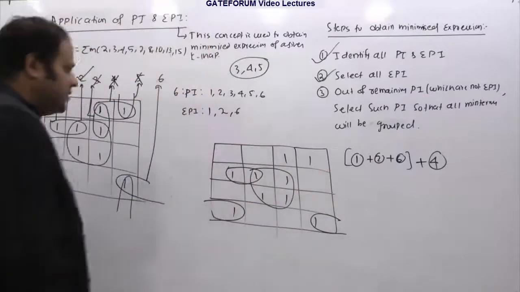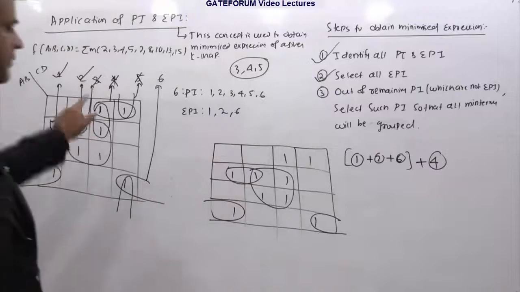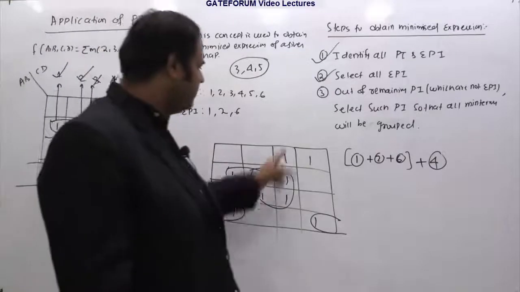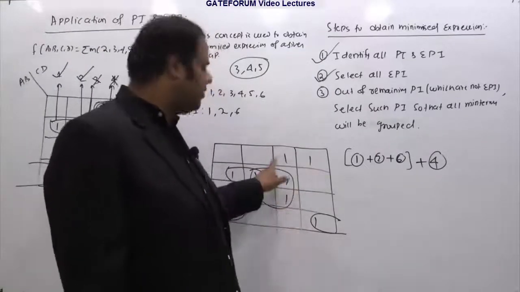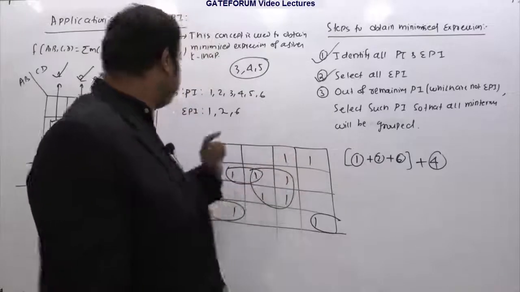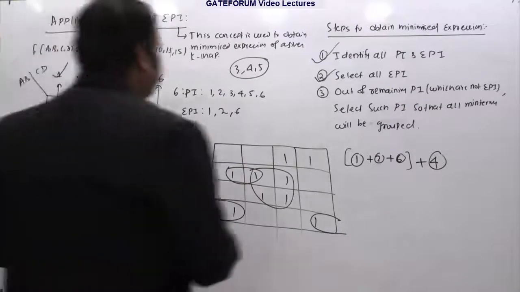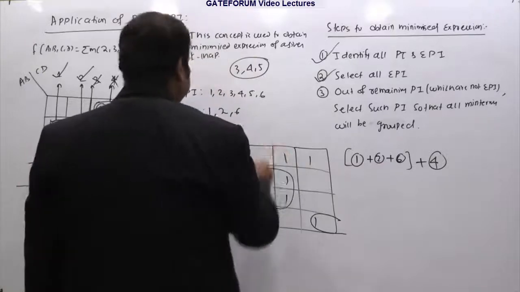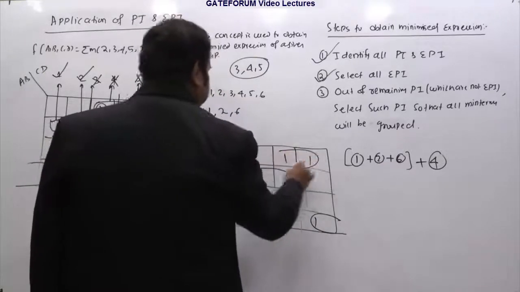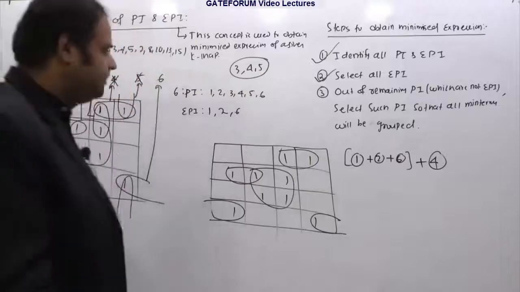Then some people may again ask, sir, why are you not going for group number 5? Again the same issue. If I go for group number 5, I will be doing this and this. But what about this? For this, I should go for one more grouping. That will be redundant in nature, and it will not be a minimized expression. So that's why it makes sense: among 3, 4 and 5, this 4 is the right choice. This is what I should take.